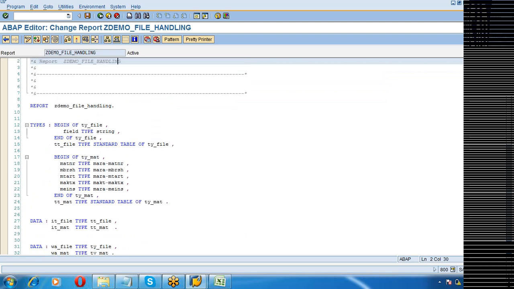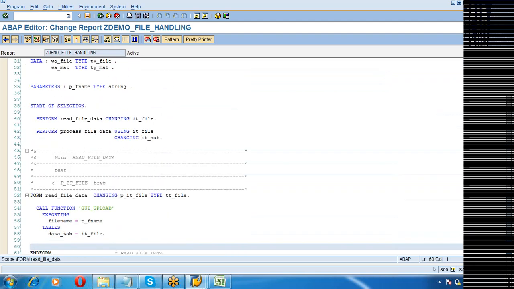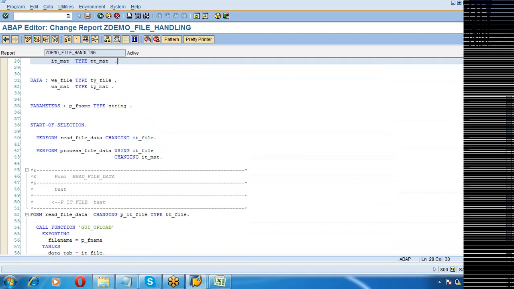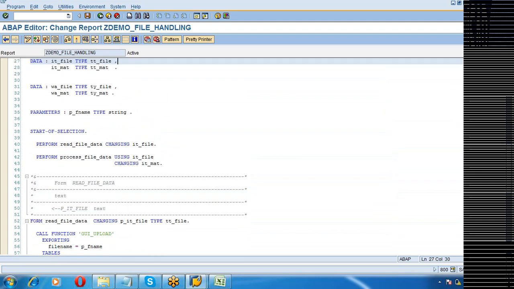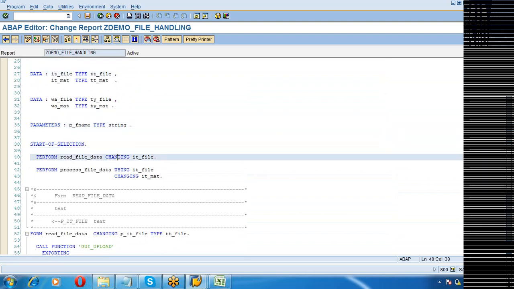Now in the same program, instead of reading the file from the presentation server, suppose we want to read the file from the application server. In this example, we have read the file from the presentation server. Instead of that, if I want to read it from the application server, OPEN DATASET something is the syntax, right?